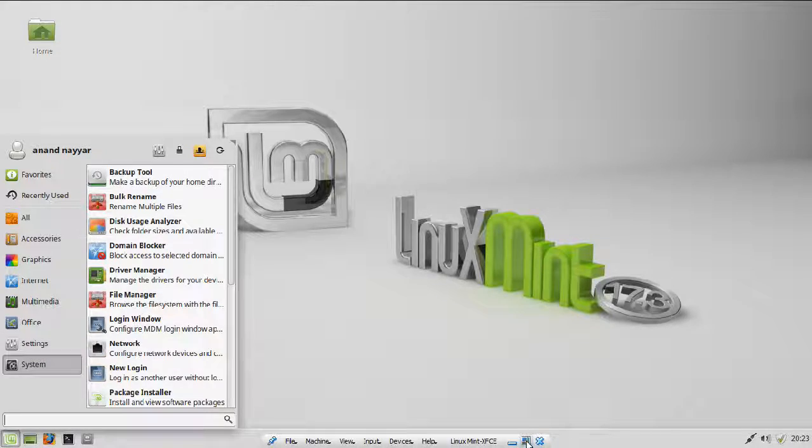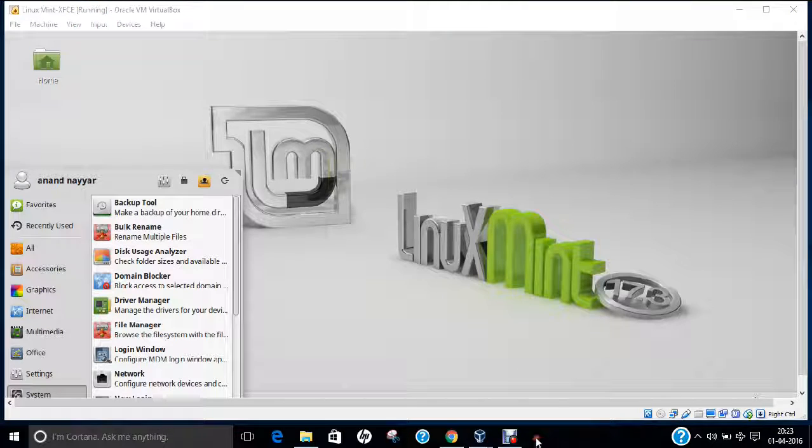So in this video I have demonstrated how to install the Linux Mint XFCE version. Do give this a shot, do try it. It's a very good Linux distribution to try,